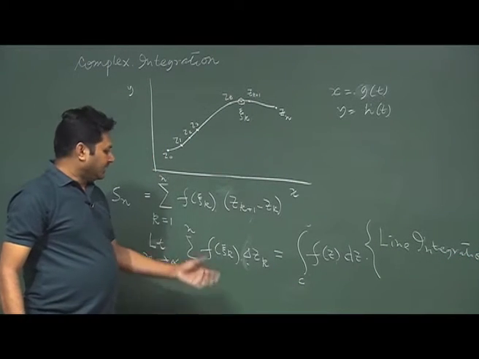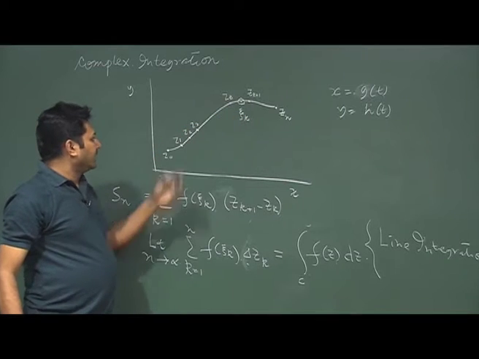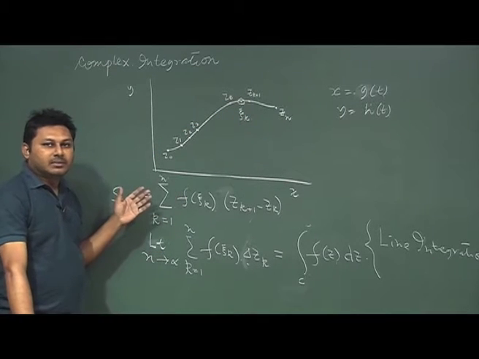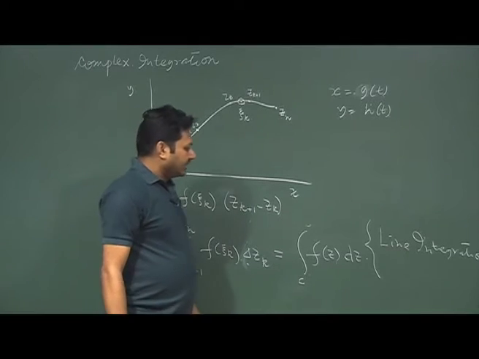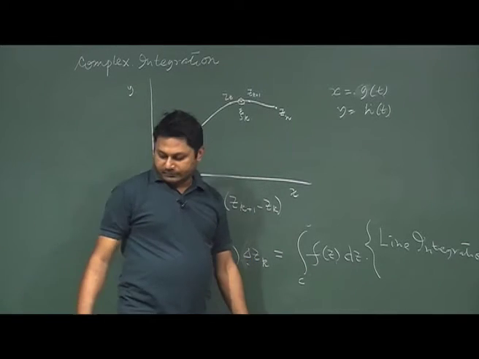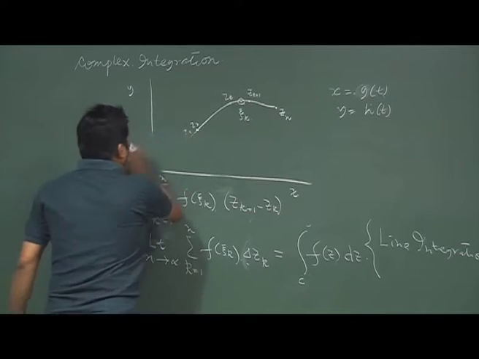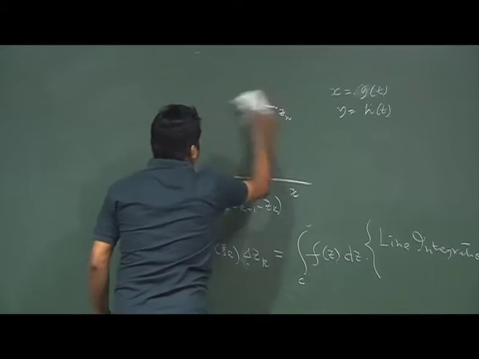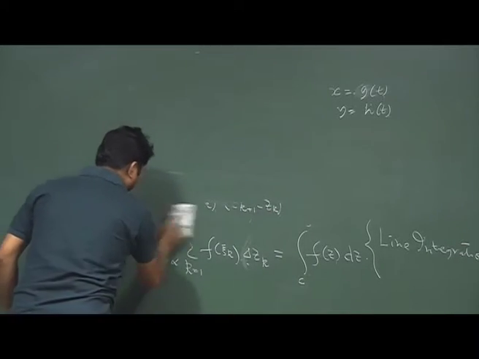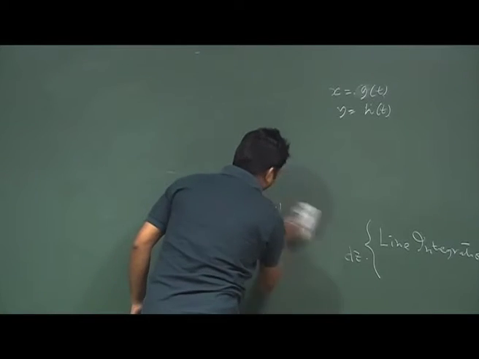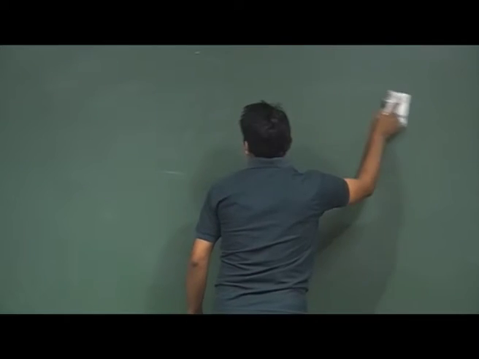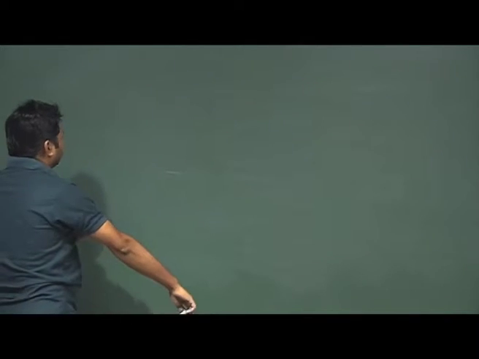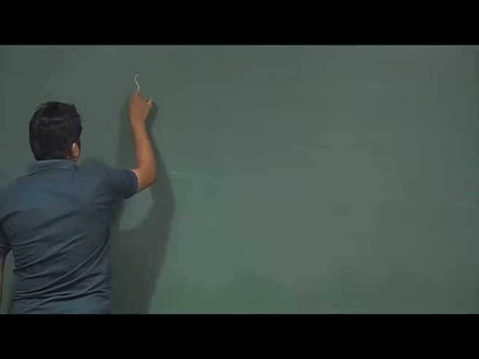I will have a line in the complex plane and I try to integrate my function over this line, and when I try to integrate that, I will have this kind of form. Okay. After having this, now let me give you some idea about this kind of integration, but before that I need to cover one important thing also.